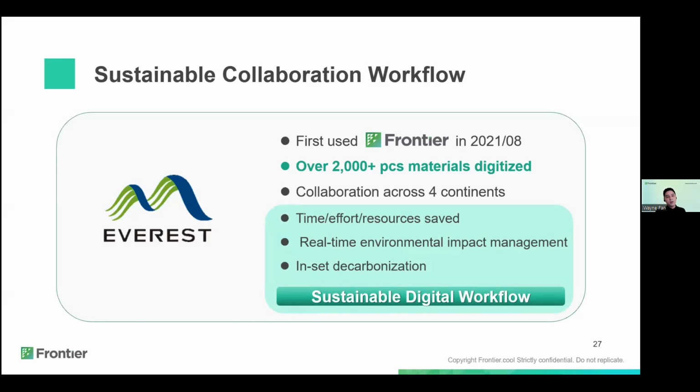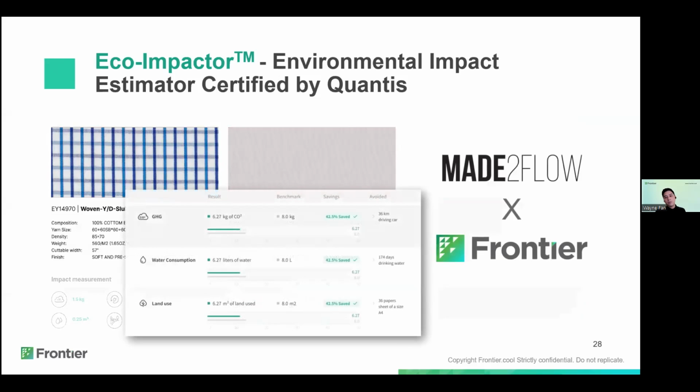How are they able to do that? It's through a partnership with Made2Flow and Frontier. With this partnership, we're able to output on a per meter basis the greenhouse gas emission, water consumption, and land use on every material, provided that you give us attributes such as fabric type, composition, yarn size, density, and weight. If you give us these kind of values, in 3 to 5 minutes, you will be able to show that